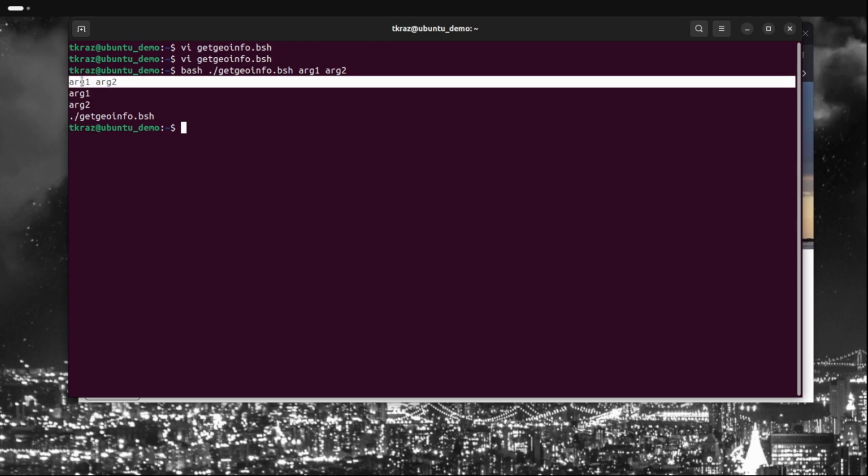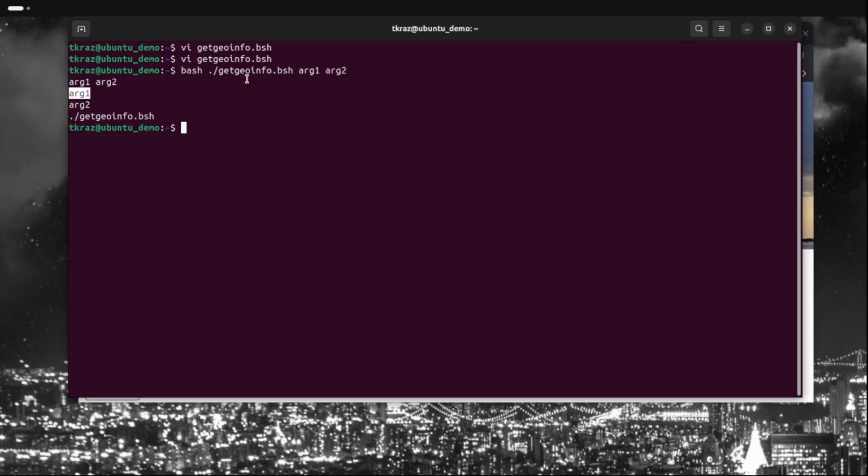So the first one is the $@, so that's all the arguments that was provided. Second one is $1, that's the first one. Second one is $2, and then argument 2, and then you got the command itself, which is $0. So this is how you pass arguments from the command line into the program and then distribute those arguments throughout all the different functions, okay? So let's go back to